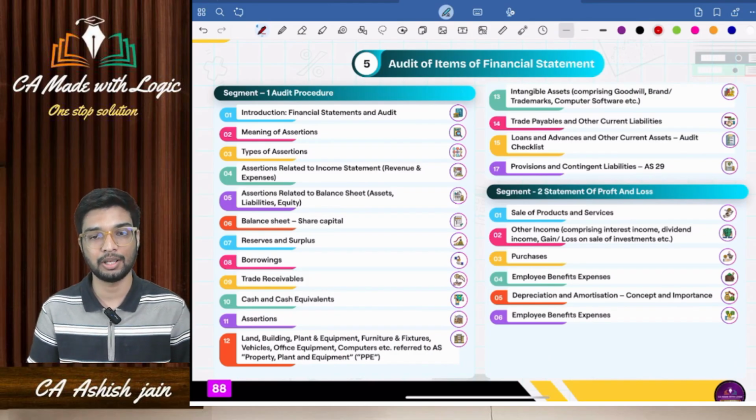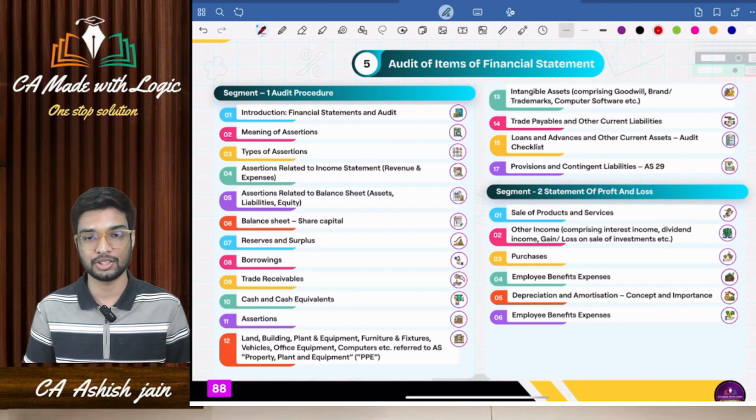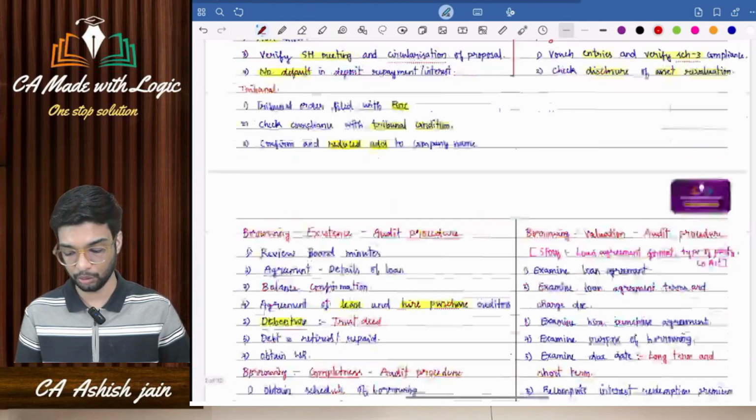So today we will be revising chapter number 5. Many students find this chapter very difficult because here the content to remember is very large and they don't know how to remember the things and write it in the examination. So nothing to worry, if you watch this video, I can surely say that this is going to help you a lot because I have created a logical flow to remember the things and many storylines. Just let me show you.